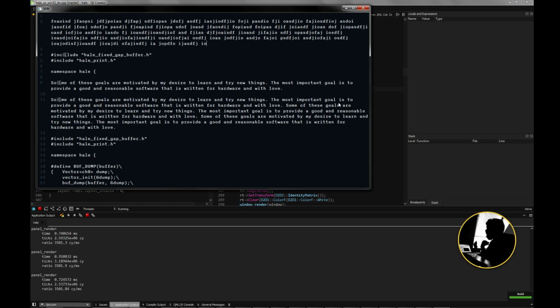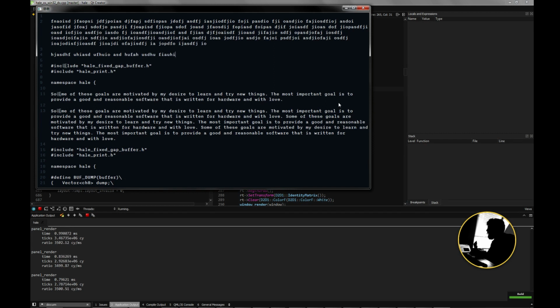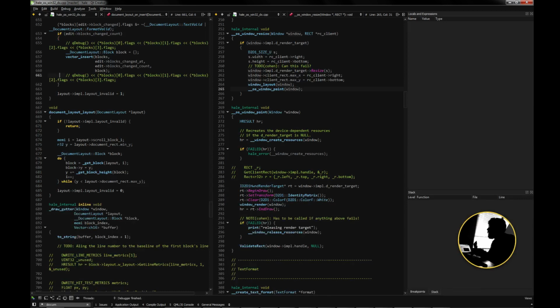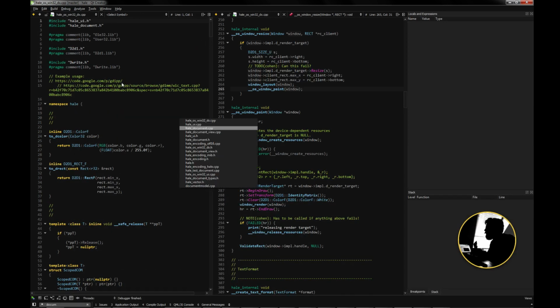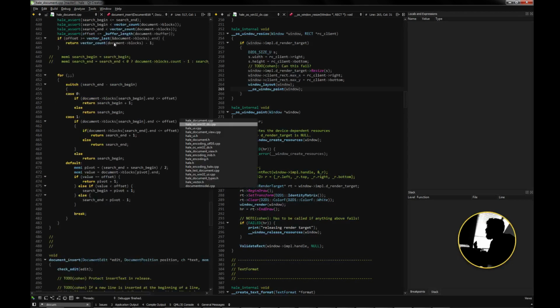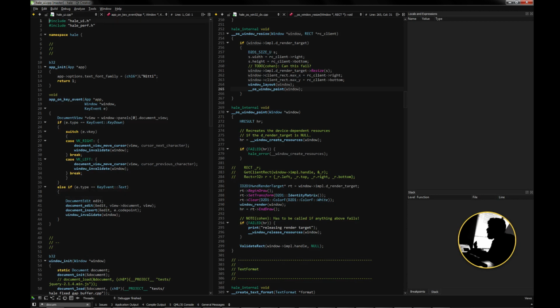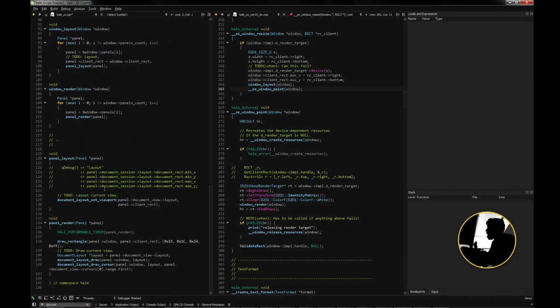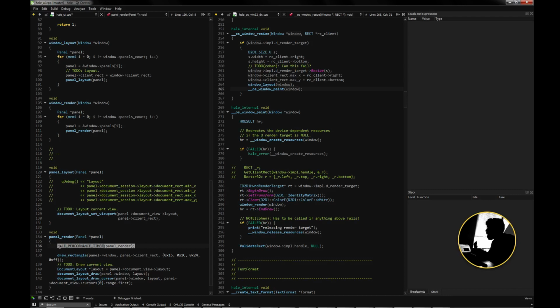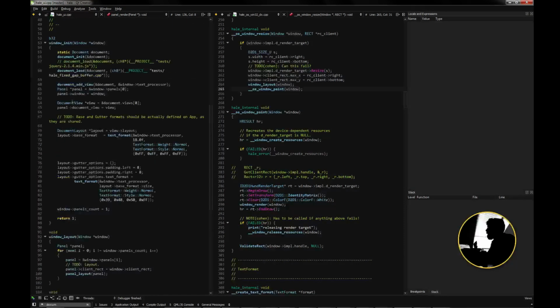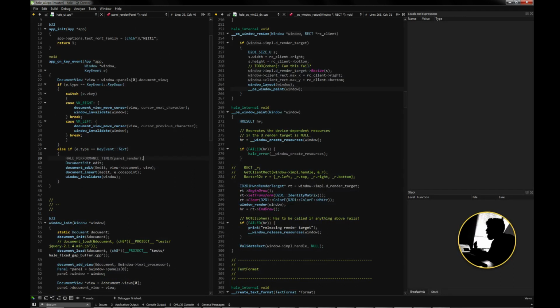But I must say the speed is awesome. I mean, you can actually see it here. The rendering is less than a millisecond, and that's amazing. I can actually measure how much it takes to type one character, so I can see what's going on there. Okay, good, I have the performance there. I will just take this one. I don't want to have the rendering anymore, and I will just have a timer for type character,